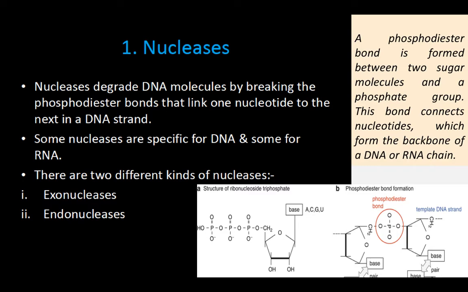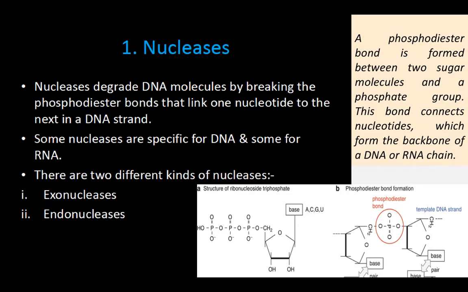It is going to form between two sugar molecules. You are able to see the image. Whatever your phosphodiester bond is there, this is one sugar molecule and this is another sugar molecule. The sugar is pentose over here. Why the name pentose? Because it contains 5 carbons. Right? Just try to understand. Your DNA molecule, your nucleotides, join with each other by means of the phosphodiester bond. Now where is the phosphodiester bond going to be produced? The answer is, it is going to form between two sugar molecules and a phosphate group.